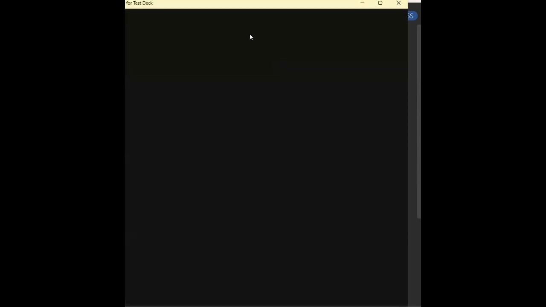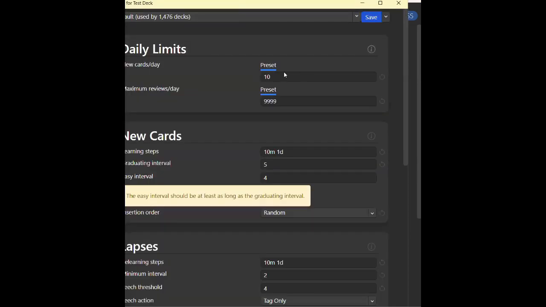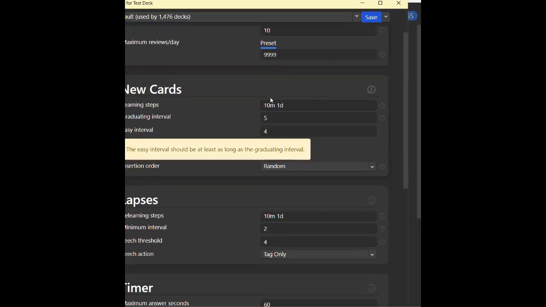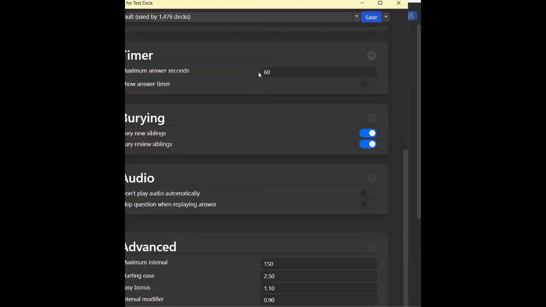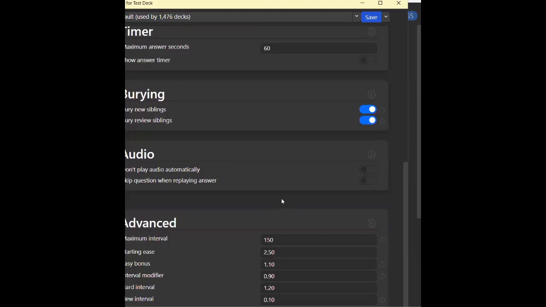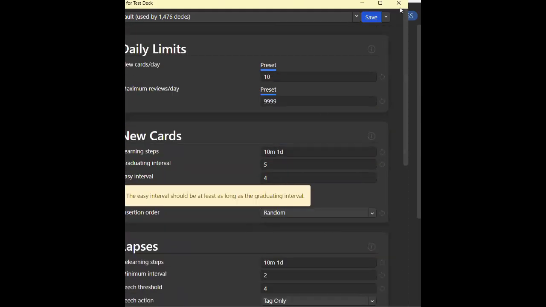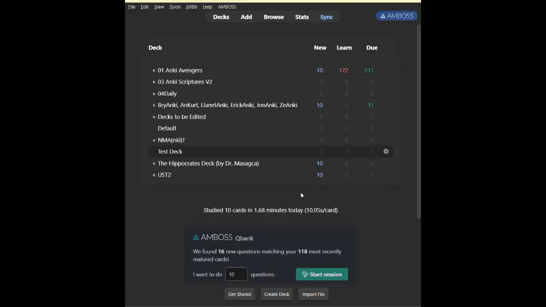You can actually change that here. That's what I was talking about. New cards per day. You can change this to another number. Maximum reviews per day. Yes, you can even set a maximum number of cards per day. You can change the interval. Right, the easy interval was 4 days. You can change that. You can make it 2 days instead. See, there are so many things. There's even a timer. You can change all of this information. Now, I won't be dealing with this in this workshop right now.